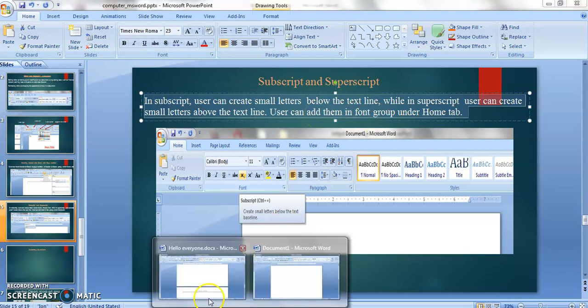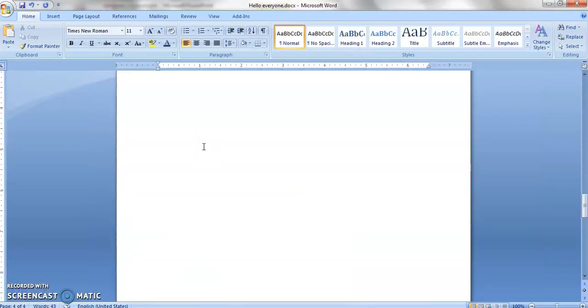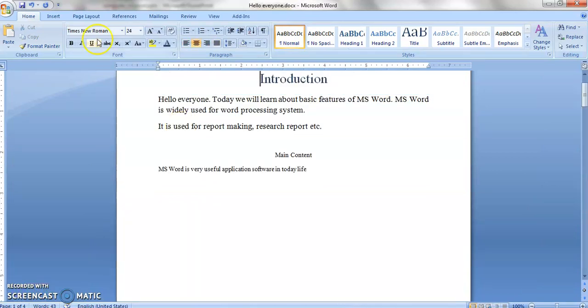So we will go to the already open file. Okay, so here you will go. First you will go to the home tab, and there is a group of font. You can see two options, that is subscript and that is superscript. Suppose there is a mathematics report and a student has to type an equation, that is a equals x square plus bac. So I will write a equals x.